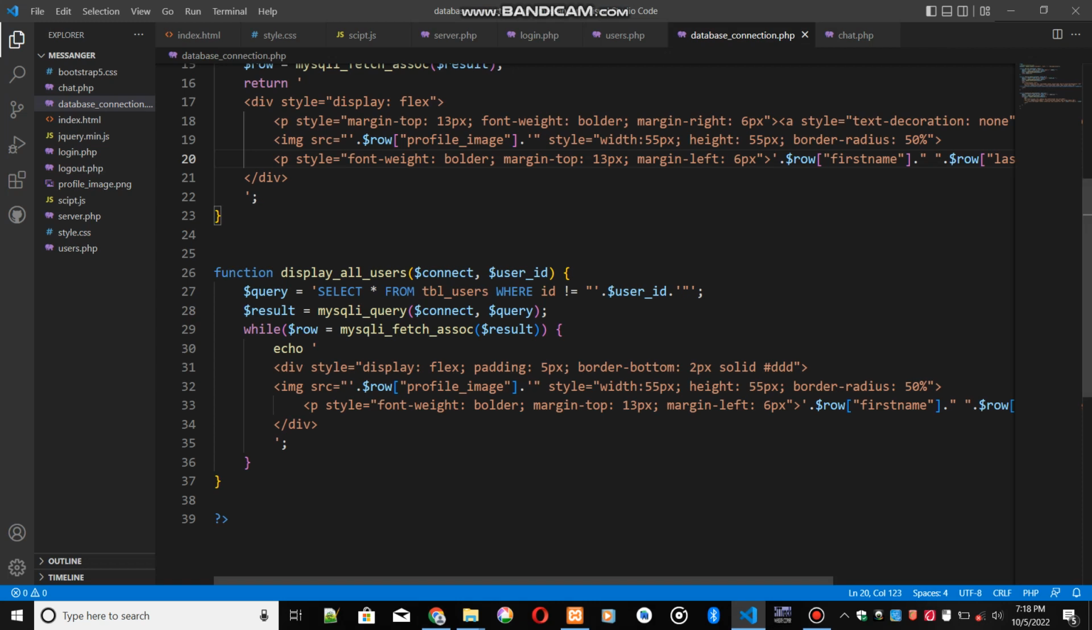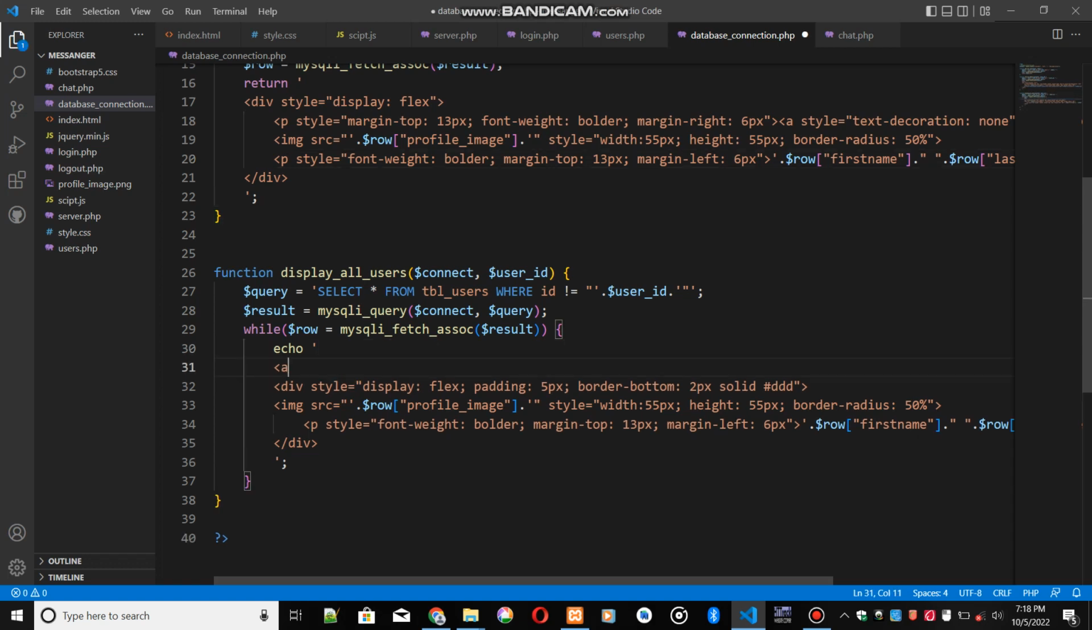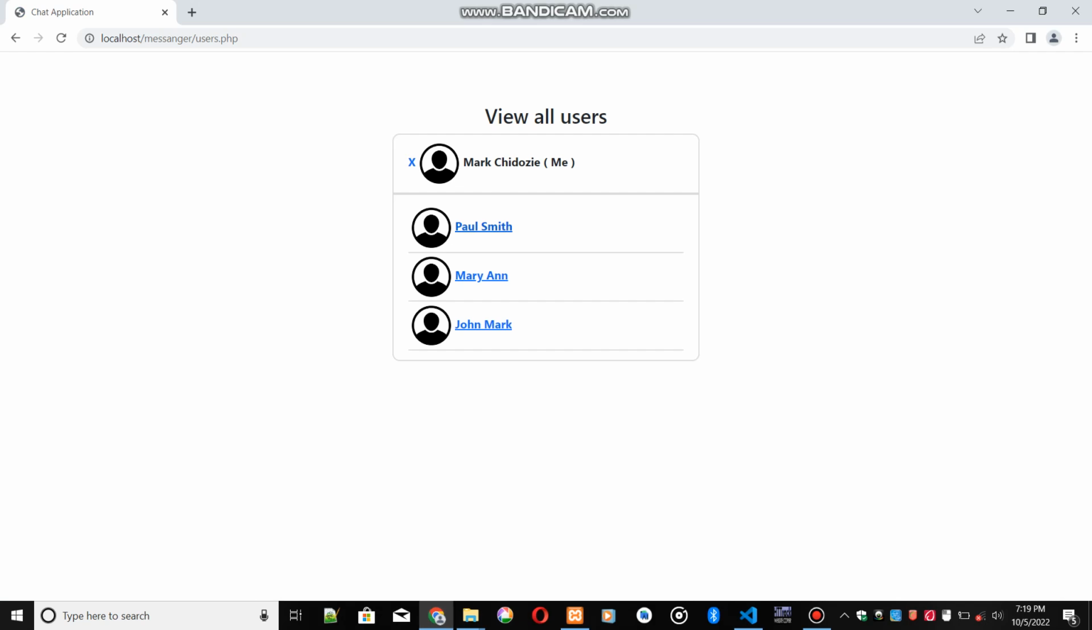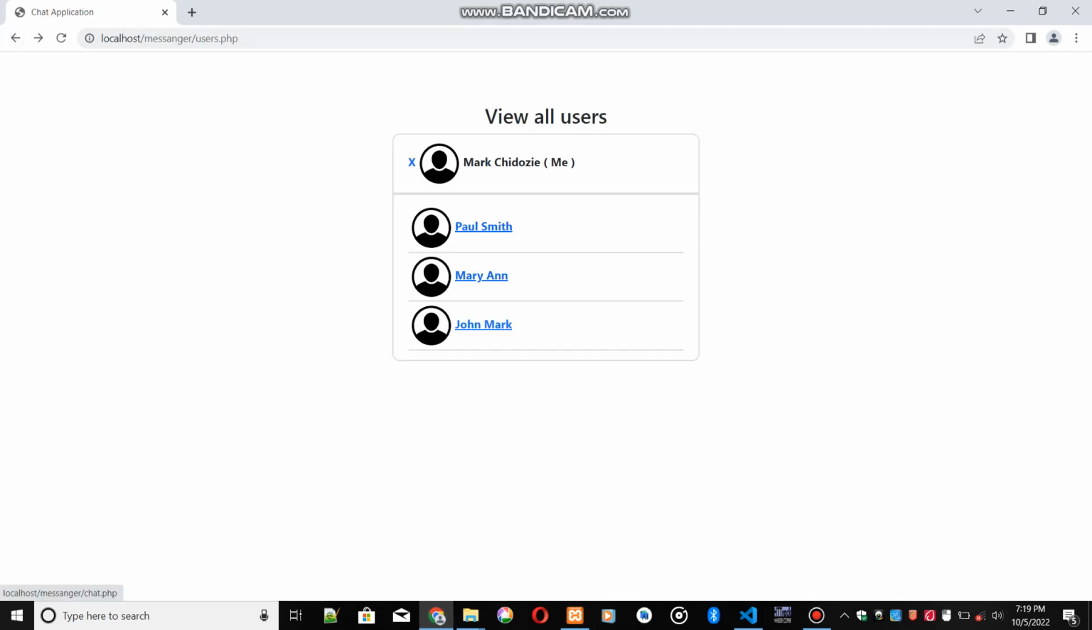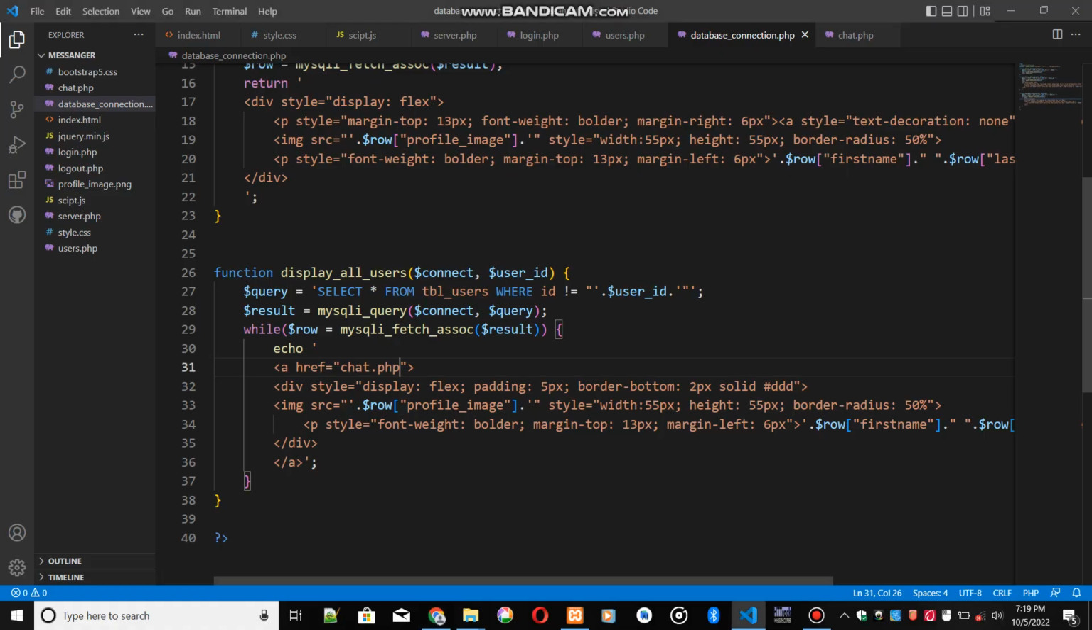What we need to do to achieve that is to go to our database connection file where we have the function to display all the users. Now right below this echo, just add an anchor tag and then close it here. Now at the href attribute, type chat.php so that when you click on the link, it takes you to the blank chat.php page. So we need to go back and then